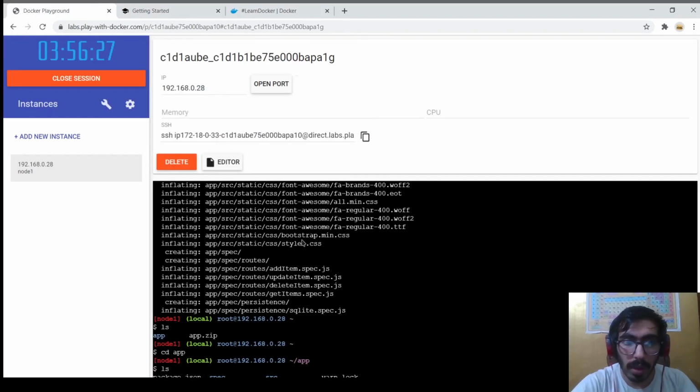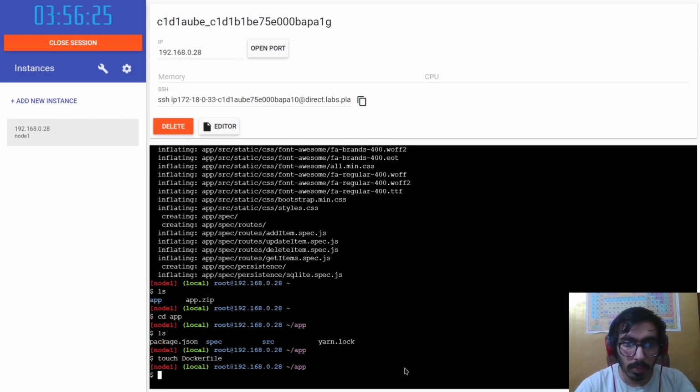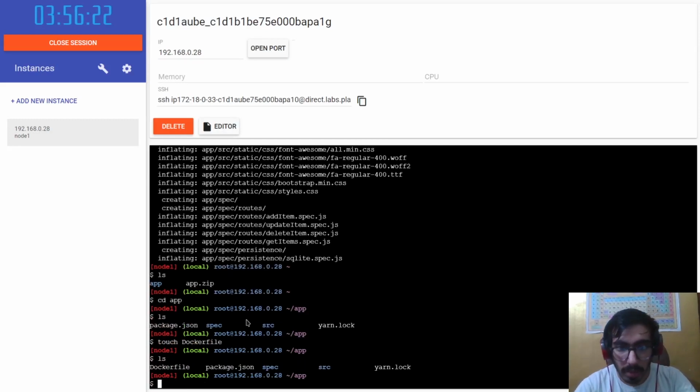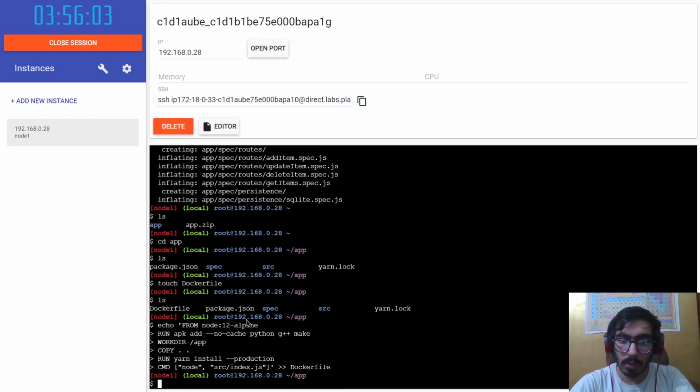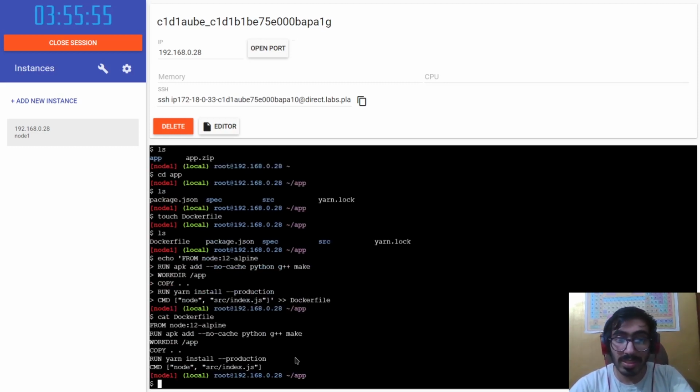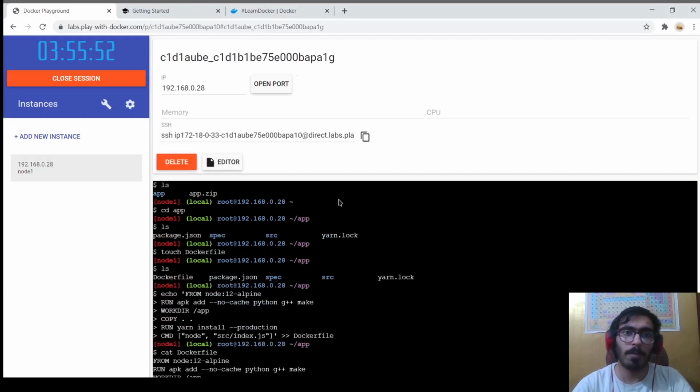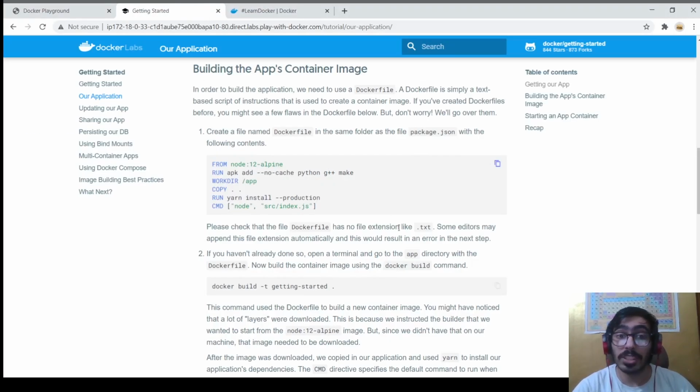And I've created a new file with touch. And as you can see, it'll be there. Now we can use echo, paste all of that, and send it to the Dockerfile. And if you cat Dockerfile, you can see that that text is indeed there. Now we can finally go to the main step, which is creating a Docker image.